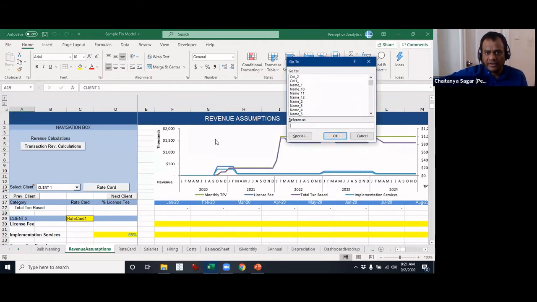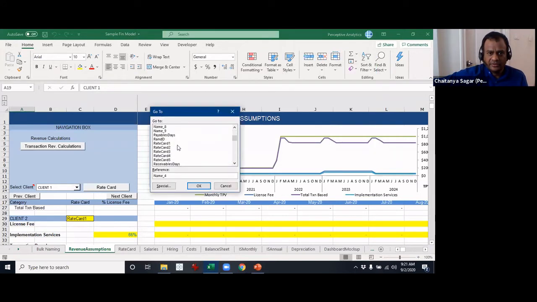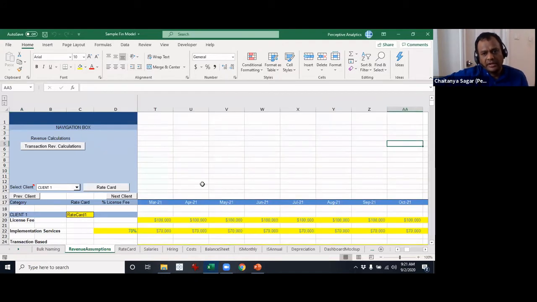You can write the name right here, and then you can go straight to that particular cell. In fact, by the way, with go to, let's say I do AA5, you can just click on that and it will take you straight there. This is another tip on navigation.